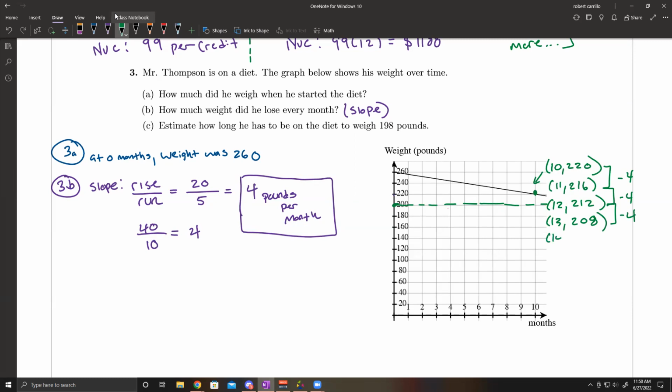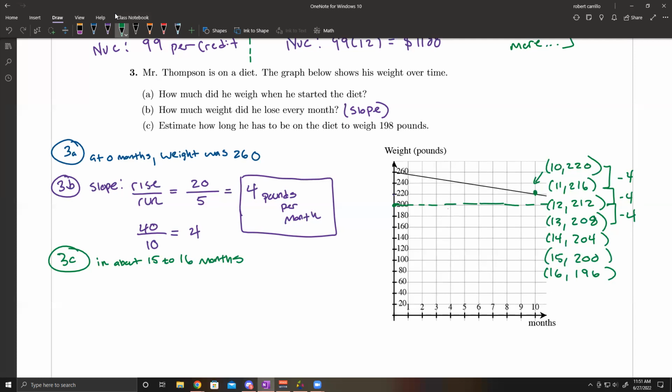And then in 14 months, he'll be at 204, 15 months, 200. And we could even do one more. We could say 16 months, he'll be at 196. So in 15, 16 months, Mr. Thompson will be at 198 pounds. So for 3C, we'll say in about 15 to 16 months,